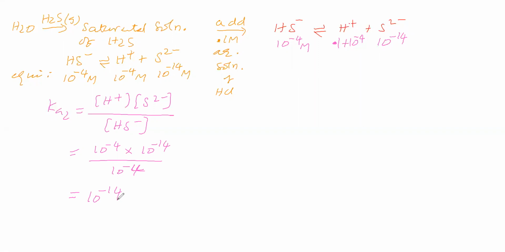Now we will go here. We got this one by adding HCl. Now is the system at equilibrium or not? We have to find Qc, then compare with the Kc. Okay, let us find Qc2, which equals the right side terms in the numerator and the left side terms in the denominator. Now we substitute the H plus value, that is 0.1 plus 10 to the power of minus 4, sulfide is 10 power minus 14, and HS minus is 10 power minus 4.